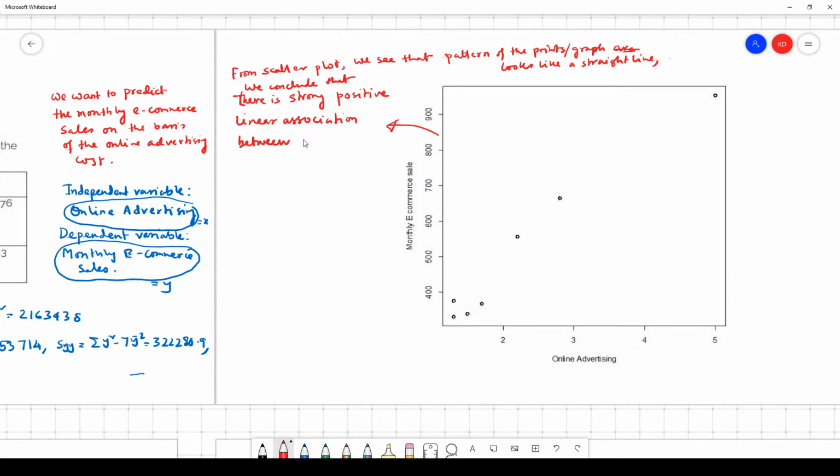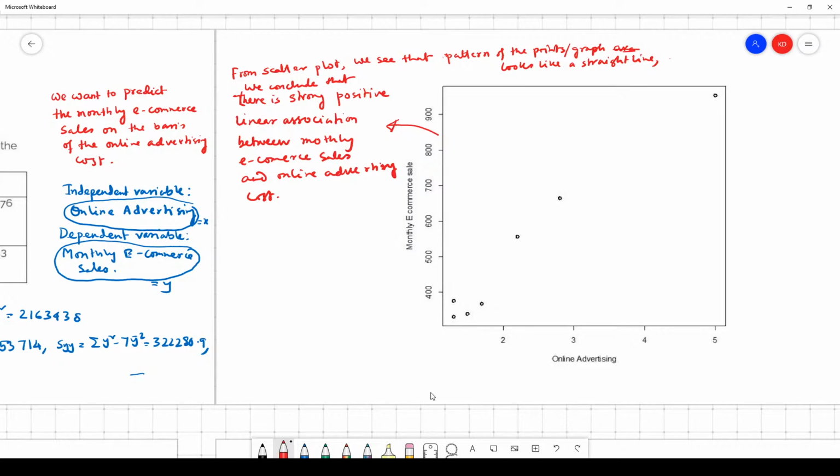That means monthly e-commerce sales and online advertising cost. So from the scatter plot, we see that the pattern of the points or graph looks like a straight line, almost a straight line. We conclude that there is a strong positive linear association between monthly e-commerce sales and online advertising cost,